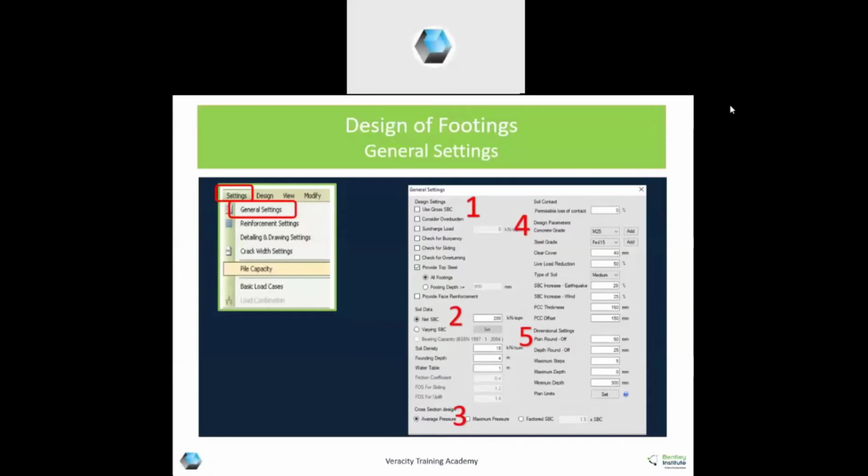Here also concrete grade, steel grade, you can input clear cover. This clear cover is always up to main reinforcement. Live load reduction. Live load reduction clause we have in IS 456. If you want to apply that, you can do that for footing design. Otherwise, input it as 0%.